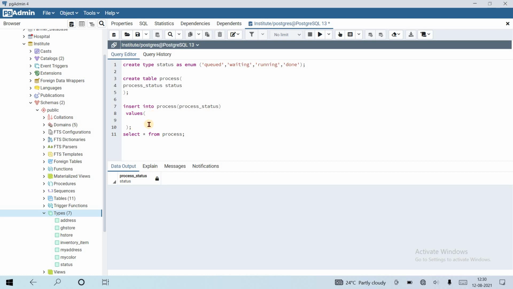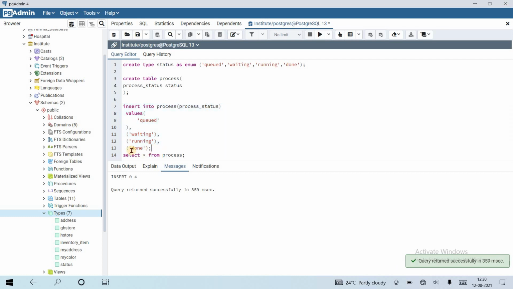Sorry for this. Let's insert a value, queued, and another one is waiting. Insert all values. Let's run the query. The query returns successfully. You can see the data.